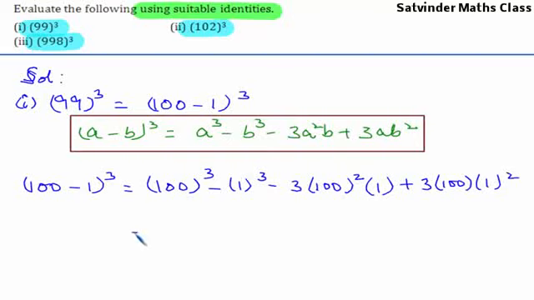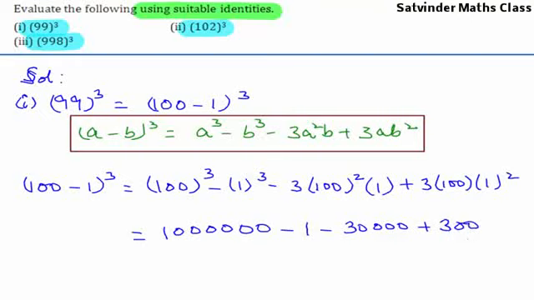Now 100 whole cube would be 1 followed by 6 zeros, which is 10 lakhs, minus 1 minus 100 square is 10,000. 10,000 into 3 is 30,000 plus 1 square is 1, into 3 is 3, 3 into 100 is 300. This is equal to 9,70,299,